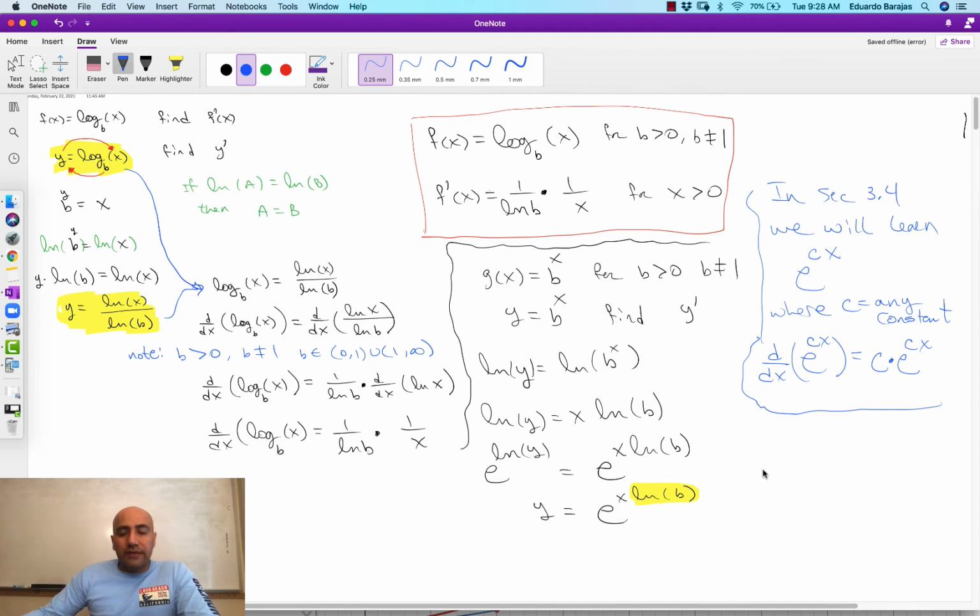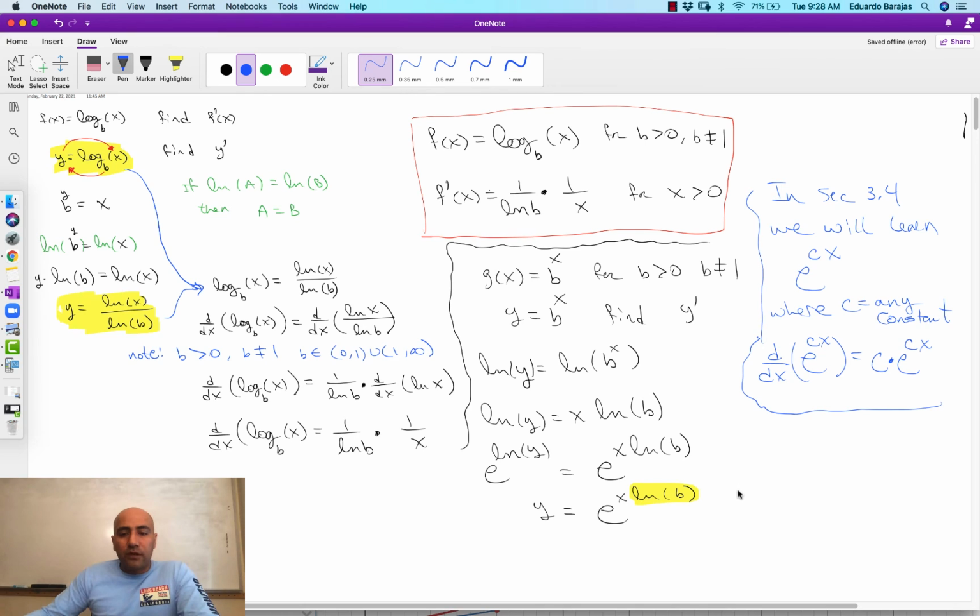Okay, so in your book it just says it can be shown that this is true. Yeah, it'll be shown in section 3.4. But for now, we're just going to go ahead and apply it here. And again, pointing out that ln b is just some constant. So that's like the role of c. So just